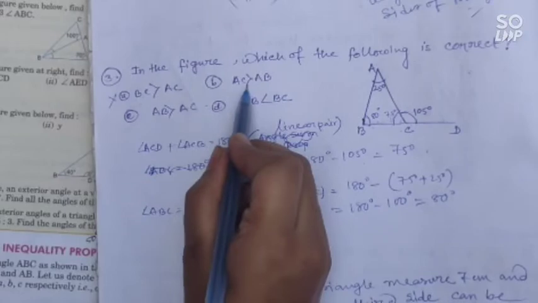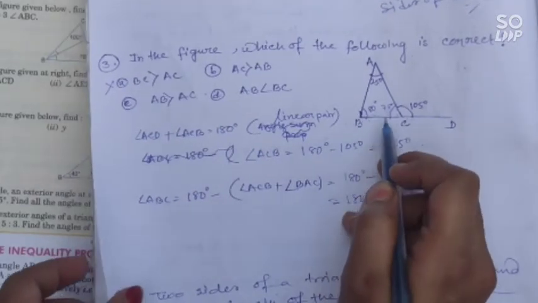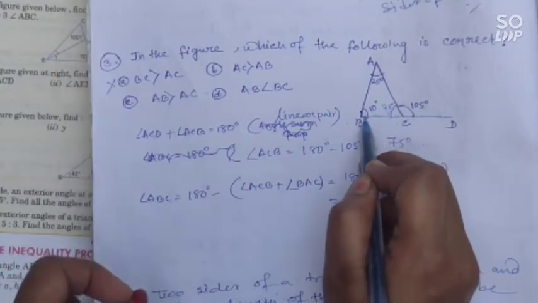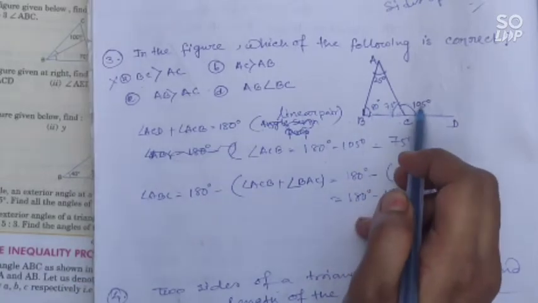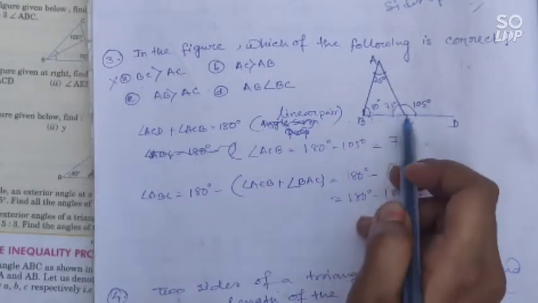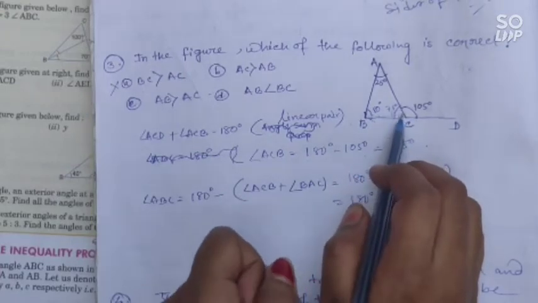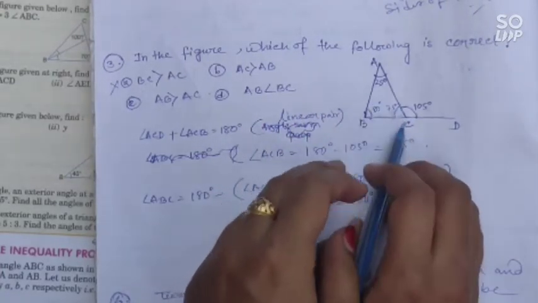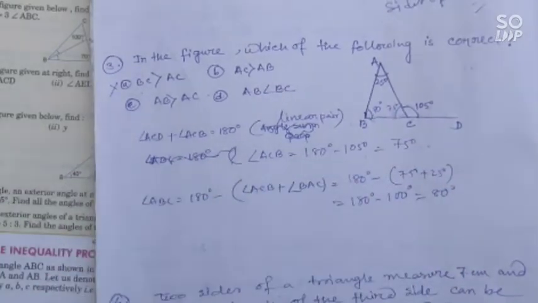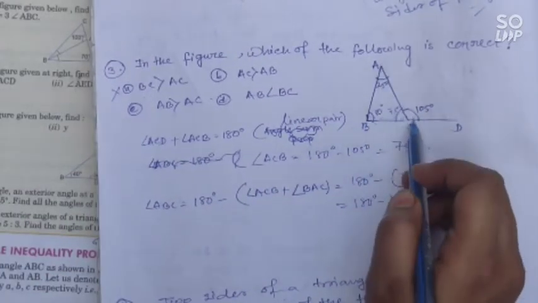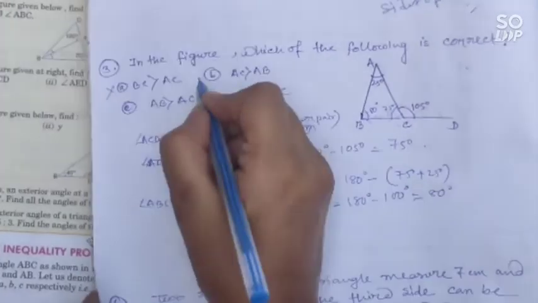কারেক্ট। নেক্সট, AC greater than AB। AC আর AB এর মধ্যে রিলেশন দেখতে হবে। তাহলে AC এর অপোজিট অ্যাঙ্গেল কত আছে? 80 ডিগ্রি। আর AB এর অপোজিট অ্যাঙ্গেল কত আছে? 75 ডিগ্রি। তাহলে 80 বড়। Then we can find that the angle which is opposite to AC is greater than the angle which is opposite to AB। আমরা দেখতে পেলাম যে AC এর অপোজিট অ্যাঙ্গেলটা AB এর অপোজিট অ্যাঙ্গেল থেকে বড়। সো we can say that AC is greater than AB। যেহেতু AC এর অপোজিট অ্যাঙ্গেলটা AB এর অপোজিট অ্যাঙ্গেল থেকে বড়, তাহলে AC AB থেকে বড় হবে। তাহলে AC is greater than AB। This option will be correct.